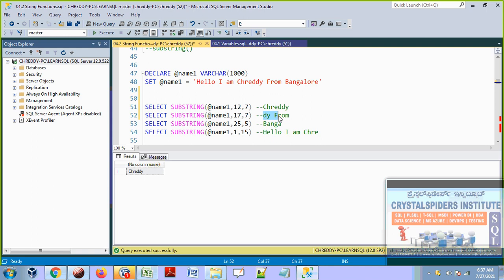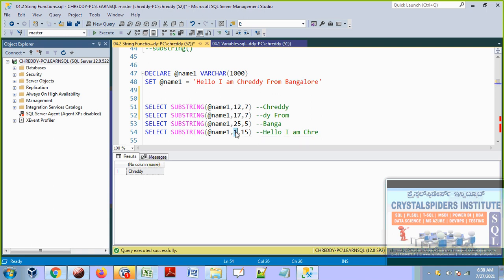That's why I mentioned here what output it is going to display, this one. Because in the 17th position, this is the D. Including the 17th position, the next 7 characters. That means this portion will display. And in a similar way, take the value from the name1 variable, take this whole value, and from the 25th position. What is there at the 25th position, guys? 17 plus 7 is 24, so I think this is the 25th position, B, and the next 5 characters, including B: 1, 2, 3, 4, 5. That's it. That is what it is going to display finally.